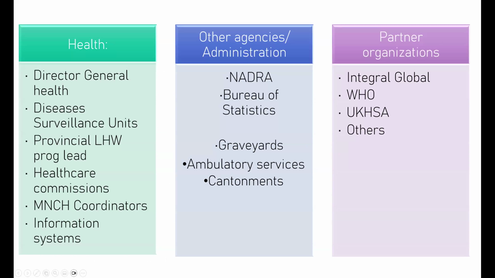So from our situational assessment, I'm not going to go into the details because of time constraints, but we have seen that it is not purely a matter of health, though it is heavily dependent upon health.